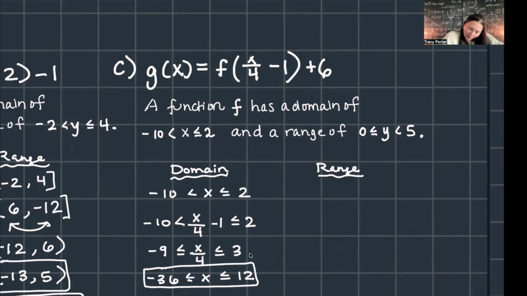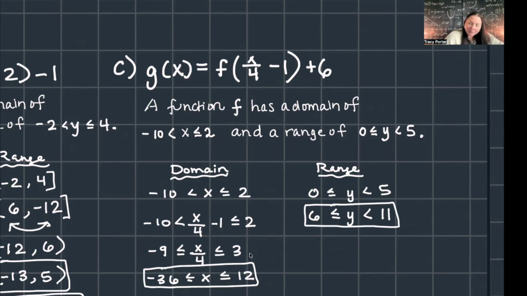And then as far as the new range, we're going to here just shift everything up 6. So 5 plus 6, and we can just leave it like that. Okay, so